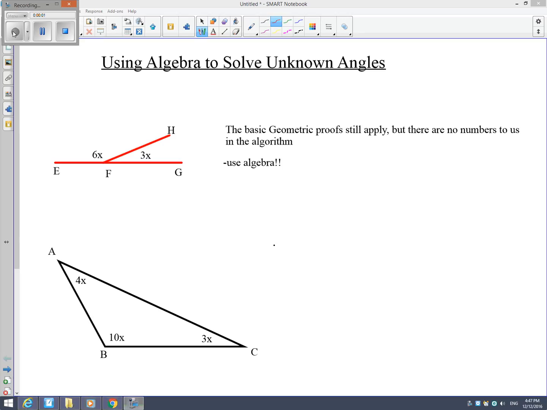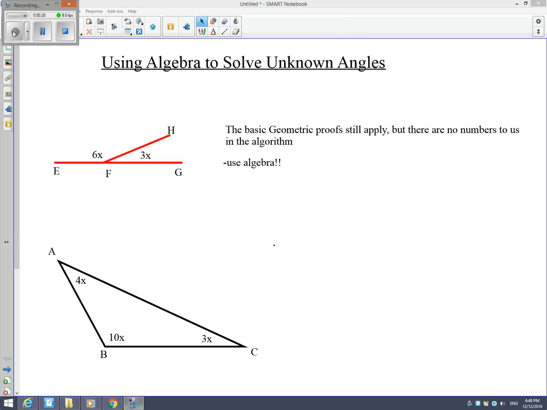All right, grade 8s, this is our last math lesson that we're doing with algebra and geometry. It's mostly geometry, but definitely today there's a lot of algebra put into it. And what we want you to know is that for the questions we're going to do today, the geometric proofs that we've been doing still apply. You still have to name which proof you used,